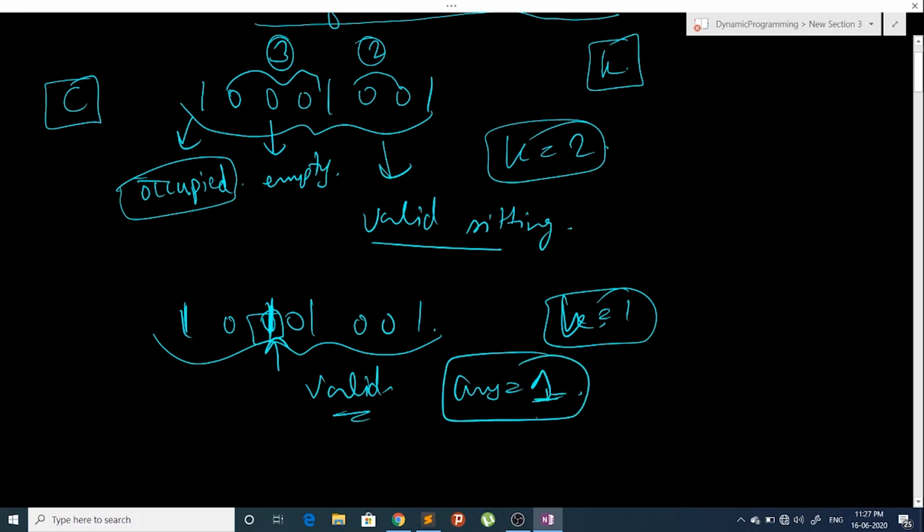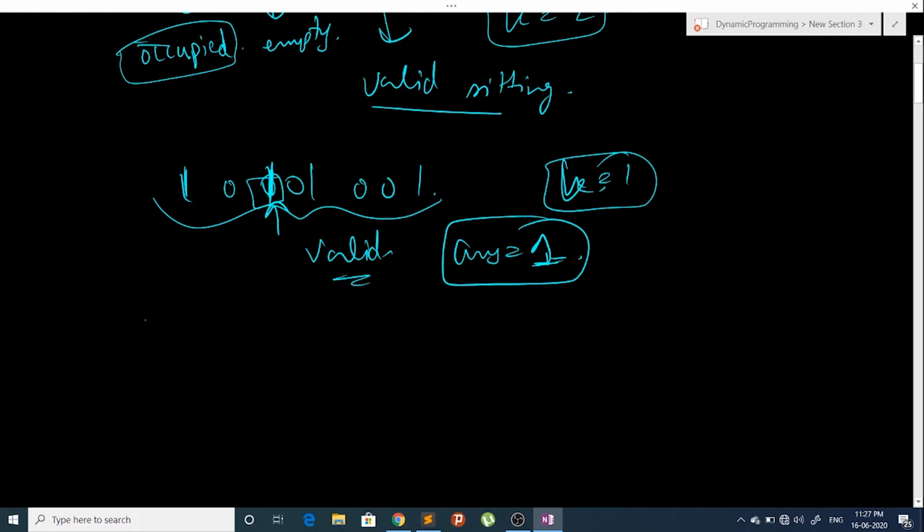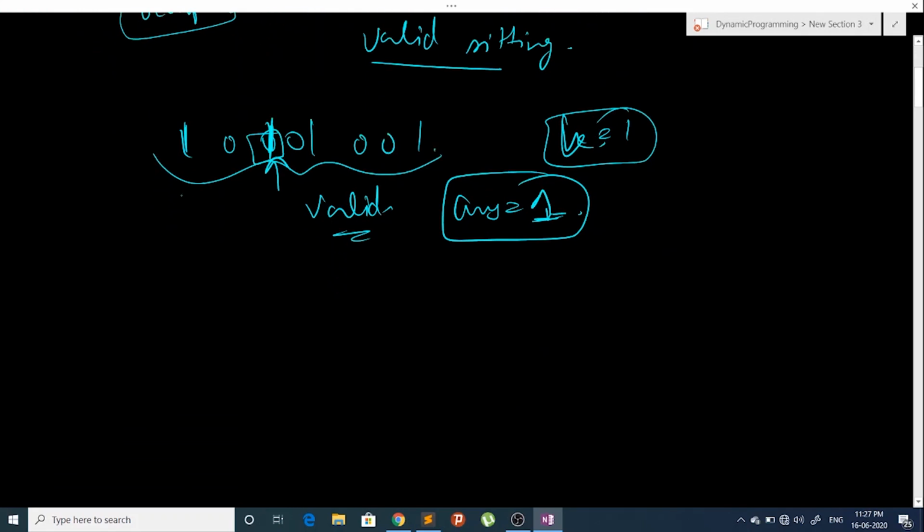Now how to solve this problem? To solve this problem, first we will store the indices of all the ones initially given in our string. For example, here the indices will be 1, 5 and 8. So our index array will look like 1 5 and 8. Now